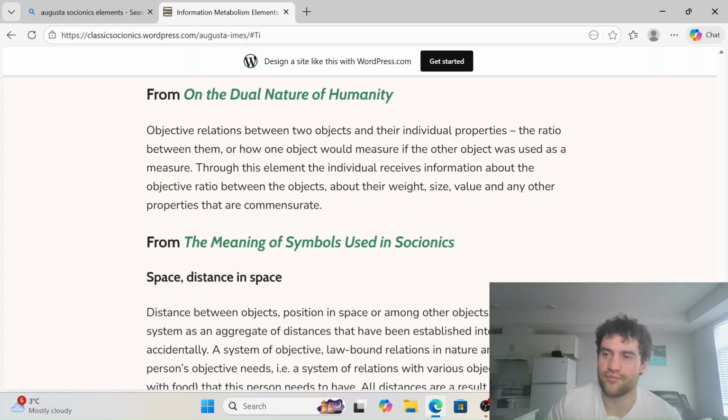And obviously, I want to say that clearly people can use their introverted logic and go in different directions when it comes to something like economics, politics, etc. Not saying that everyone who's got introverted logic in the mix is going to be a Marxist or something, or have similar ideas, but I think the point stands that this idea about evaluating, discerning the objective ratio between objects, and you hear words here like weight, size, value. Abstract those for a moment. Obviously, they can apply in a very physical sense, but they can also apply in a more abstract sense, like